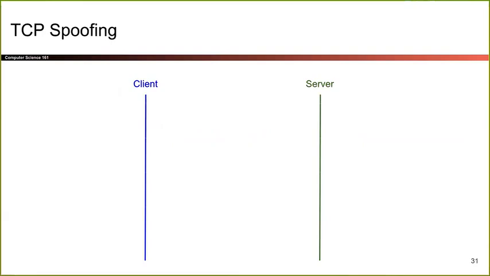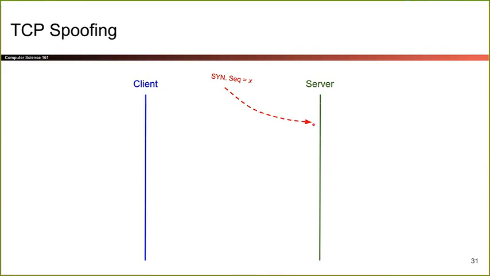Remember, our goal here is we're an attacker trying to create a connection, even though the connection doesn't exist. So here's a SYN packet from the attacker. We're pretending that it's from the client because we're spoofing. So we're trying to create a connection when one doesn't exist. We're going to say, this is a message from the client to the server, and the client is trying to connect. And this is all lying, right? The client is not trying to connect,